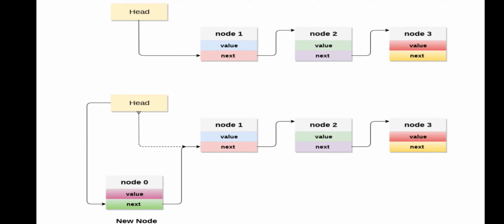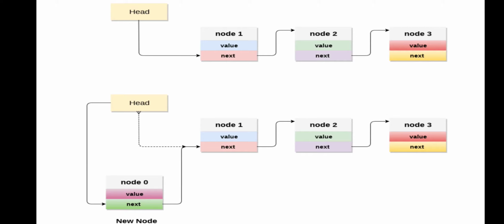Here this is an existing list. The top one is an existing list which contains three nodes. Three values are there in the stack. 10, 20, 30, like that. Means three nodes. Now we are going to add one more value to the top of the stack. See, nodes are always inserted into the stack at the top. So you have to place the new node before node 1.